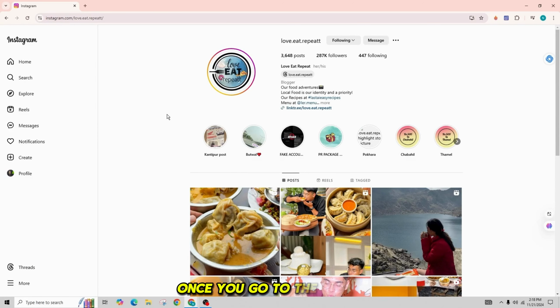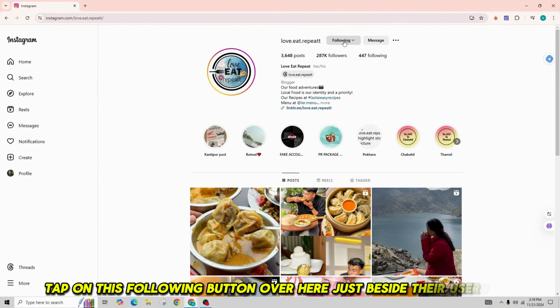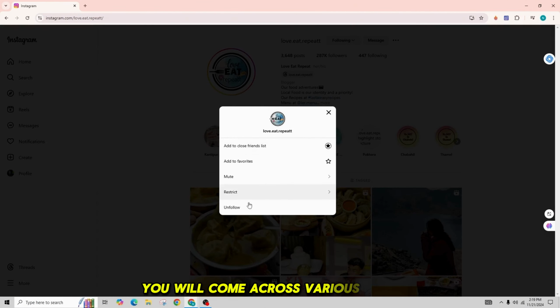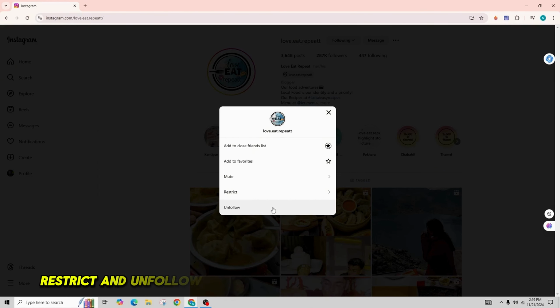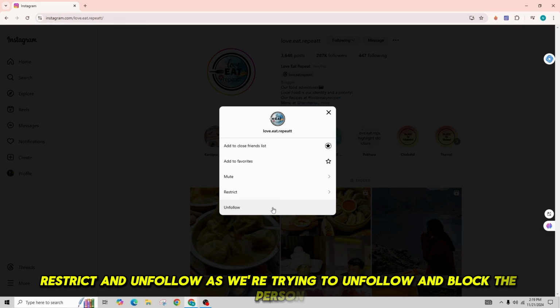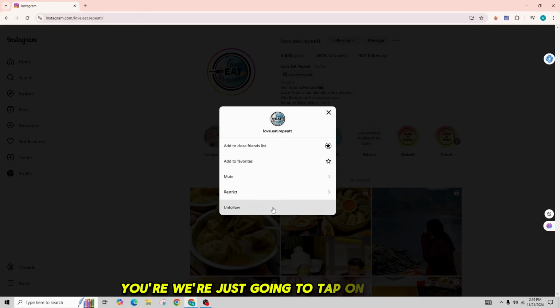Once you go to their profile, tap on this following button over here, just beside their username. You will come across various options like add this user to your close friend list, add to favorites, mute, restrict, and unfollow. As we are trying to unfollow and block the person, we are just going to tap on unfollow